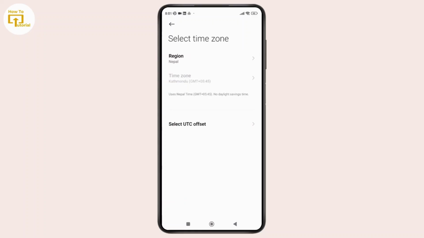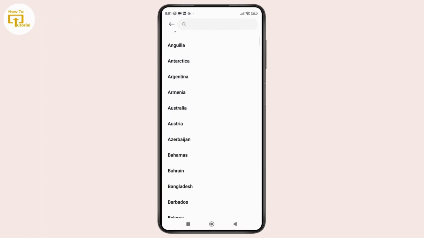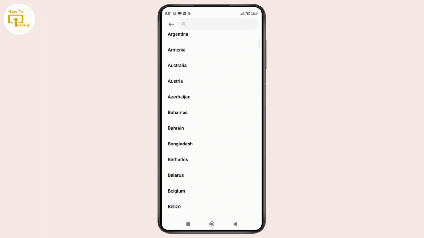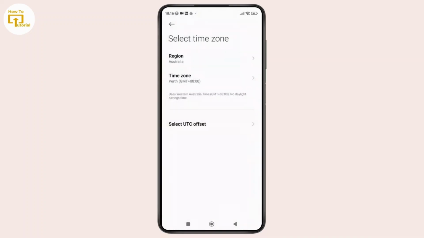And after that, you can choose your region by tapping on region, and let's say if you want to change the time zone to Australia, just tap on the country and after that simply select the region. So here I'm simply selecting the Perth, and once you have selected it, your device clock will instantly adjust to